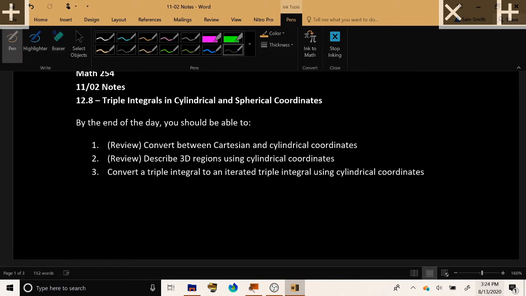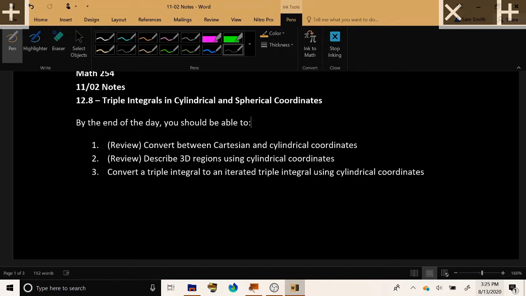So back in the 1028 material, we set up a triple integral corresponding to the region bounded by a hemisphere and by a plane. And then in the concept check for that material, you set up the triple integral for the region bounded by a cone and a hemisphere. Now, we only set those equations up. We did not evaluate those integrals, unlike the nice integral over the cube that you were given in the 1029